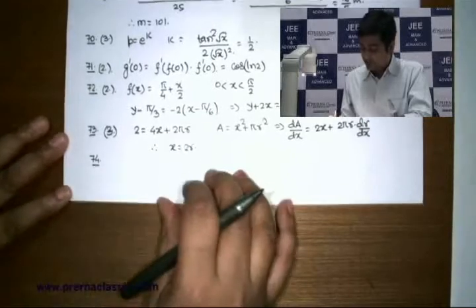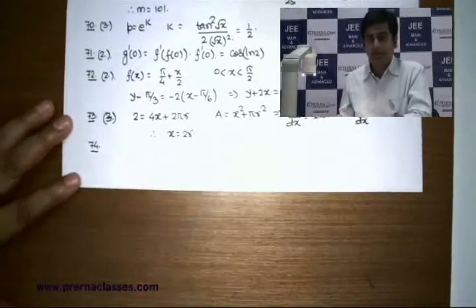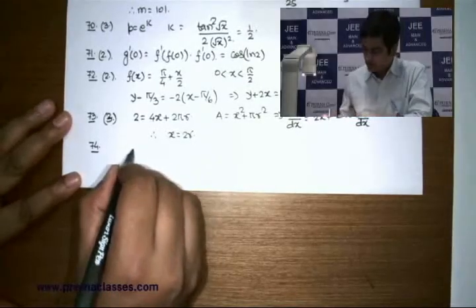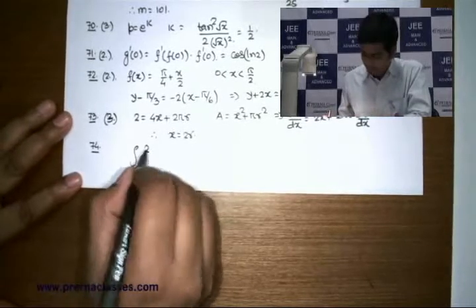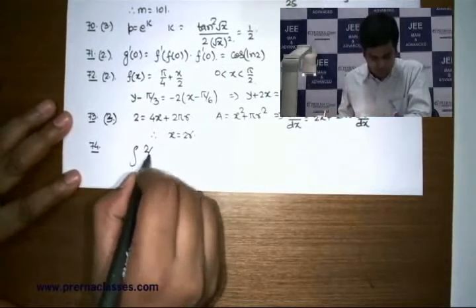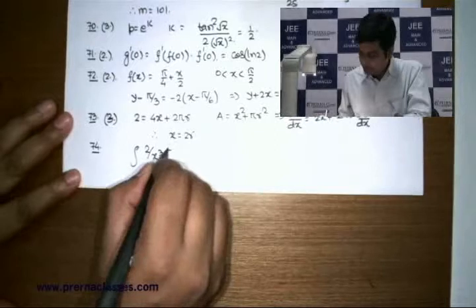Next problem is related to indefinite integral. There you can check you have polynomial by polynomial and there is no direct substitution which is going to help you. In such a case, it's always better you take highest power of x from the denominator outside and take it in the numerator. Once you do that, you will end up getting this expression.